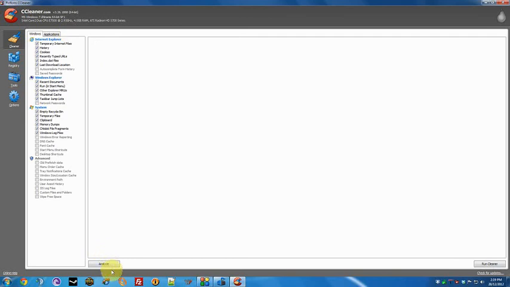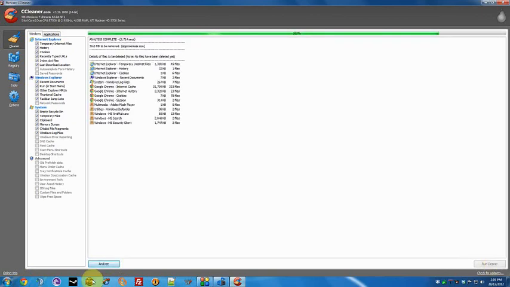So the first thing you do is make sure that everything's closed, as I said before, all your internet browsers, Google Chrome, Internet Explorer, Firefox, whatever you have open, close them all. You want to analyze. You can run a cleaner straight up, but a lot of people like to analyze first. Now, here I have 39 megabytes to be removed. I ran this earlier today, so I don't have many things built up at the moment. But this also scans for temporary files, so if this is the first time you've run it, you may have 5 gigabytes or 10 gigabytes there, and that's 5,000 megabytes or 10,000 megabytes. So you may have a lot of data there to clear for the